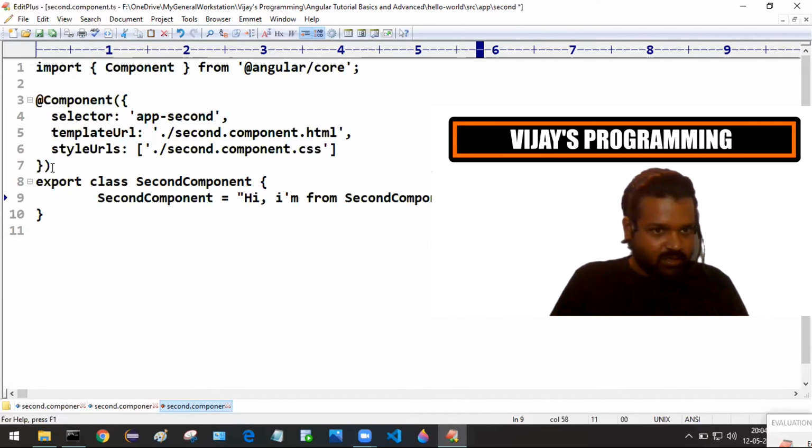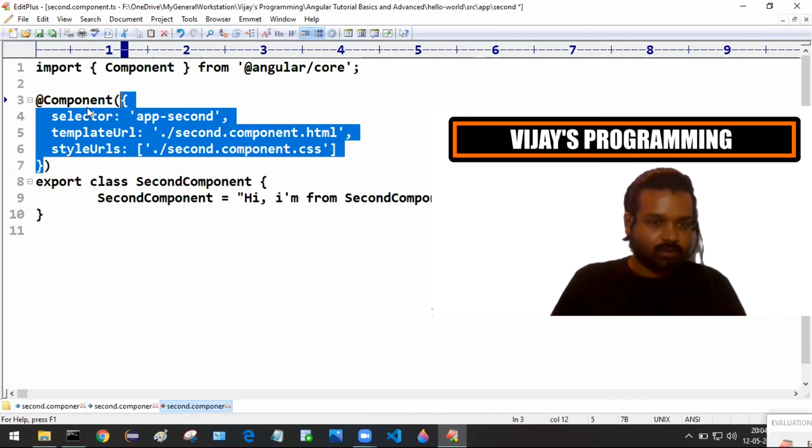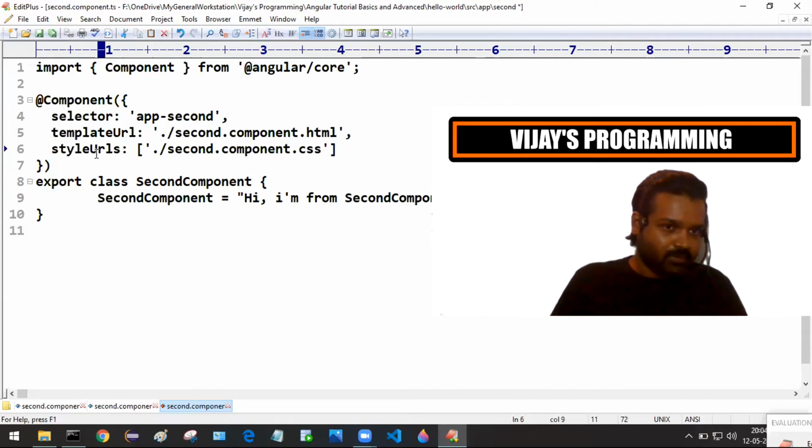And as we already know, we are considering this as one object, and this object has been encapsulated with three properties, that is selector, templateUrl, and styleUrls.